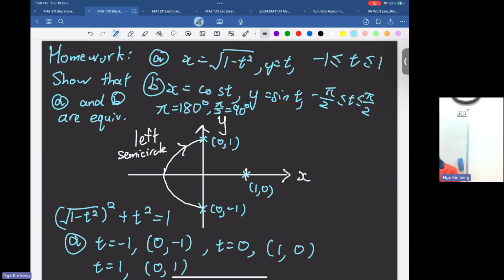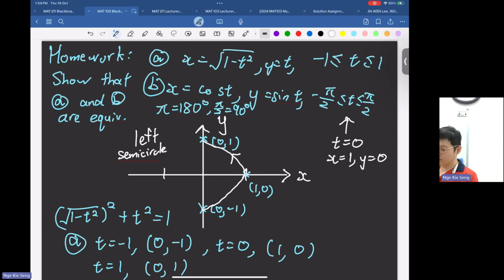Okay, let's check then. What's the middle point here? T equals 0. So when t equals 0, what is x? x is 1 and y equals 0. So what does this mean? You have the same endpoint, and then you have this. So it's going from here to here. Meaning what? Meaning this